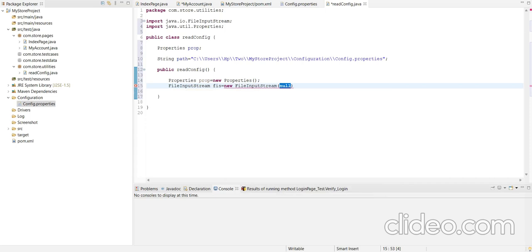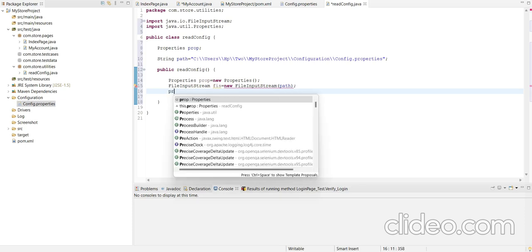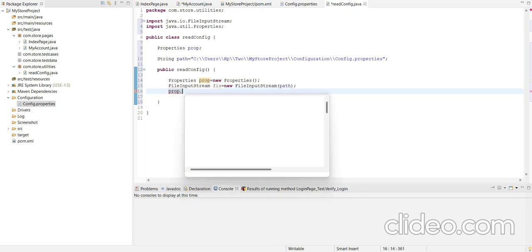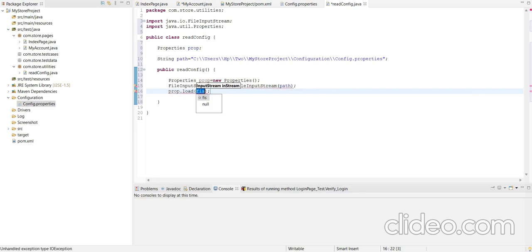And here we give the path. Then we use prop dot load and the input stream.